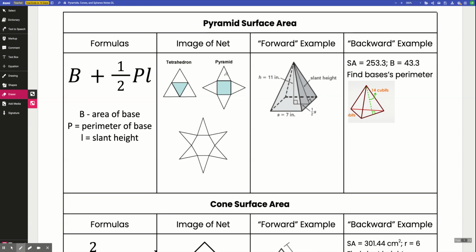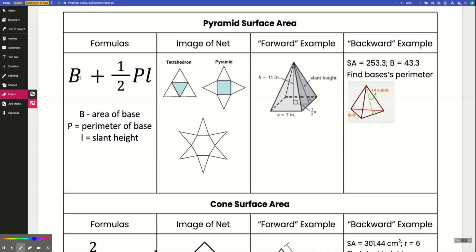And then the other faces, so this is another difference, all the other faces are triangles, and they're all typically congruent triangles, unless you're dealing with a rectangular pyramid, for example, then some of the triangles are going to be different shapes. But they're all triangles. So the formula to find the surface area of a pyramid, remember, is the same as